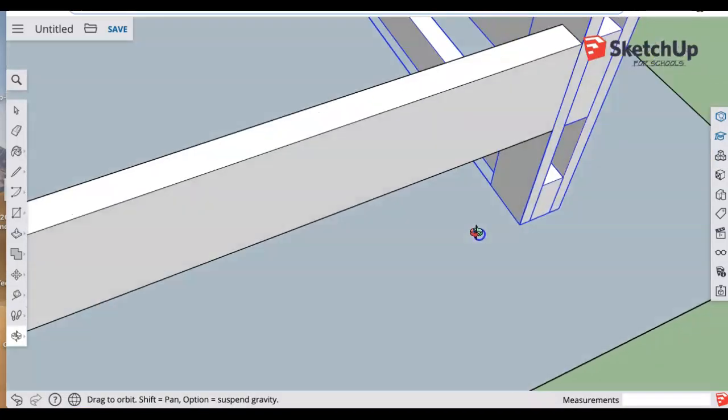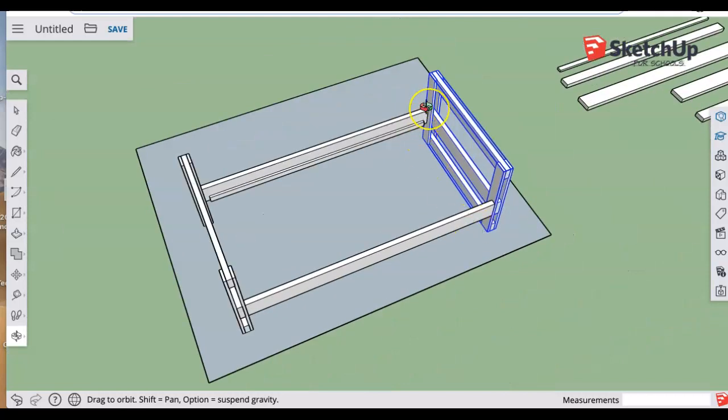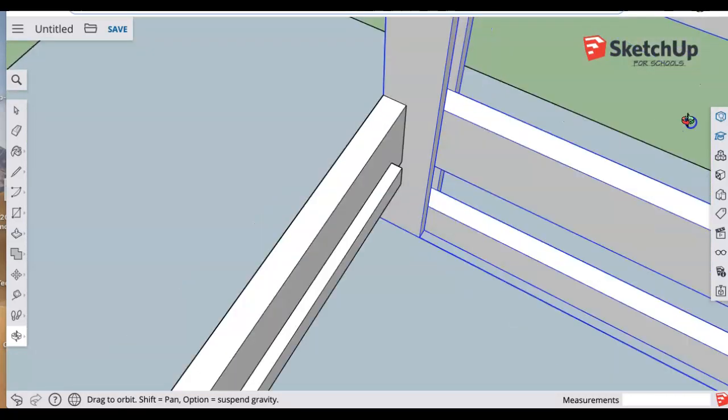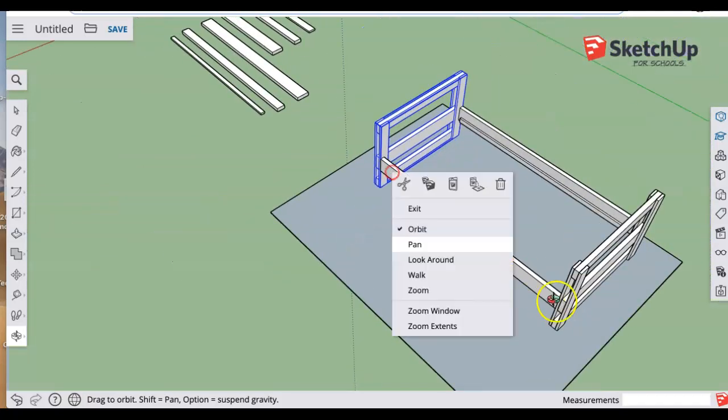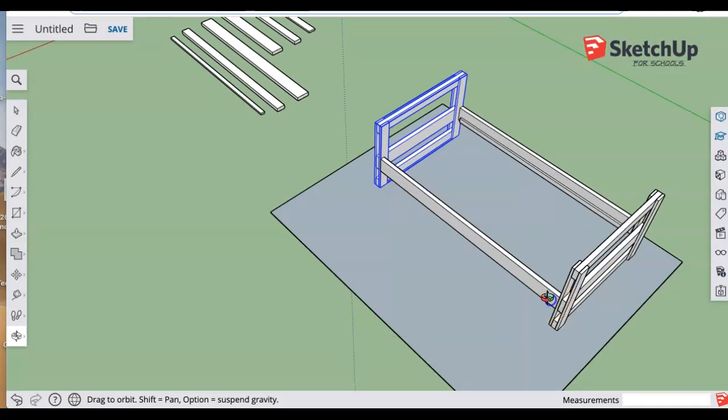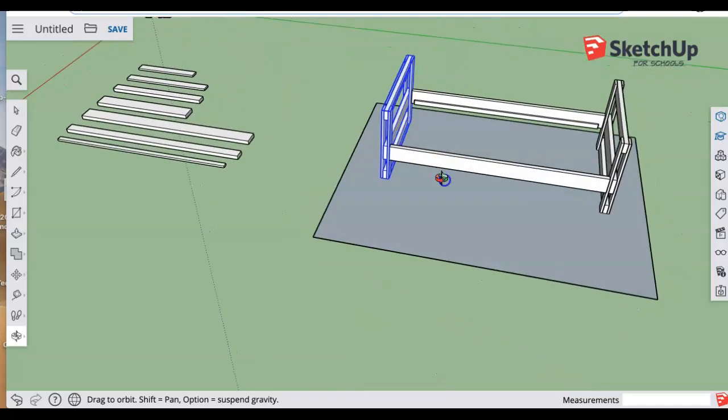And let's check and see how we did. Check both sides and orbit around. Looks good. Okay, so now we have our assembly partially completed. The next step